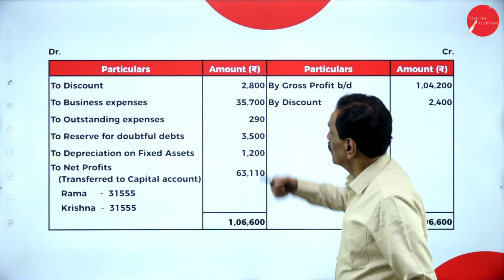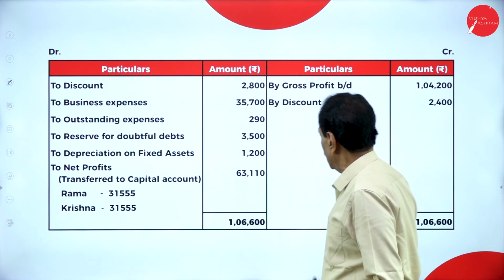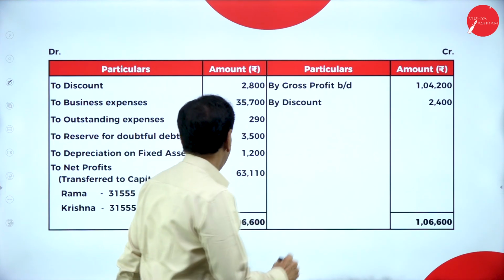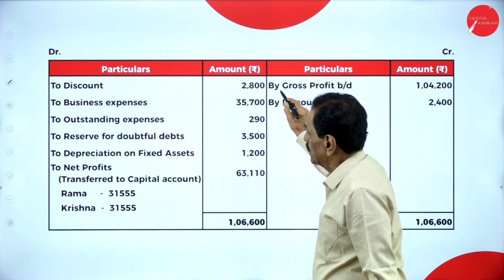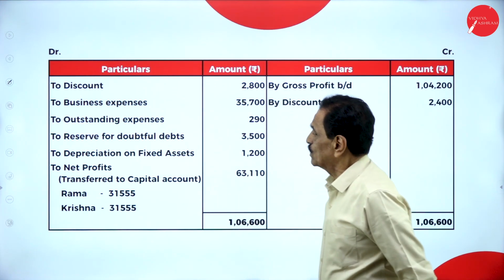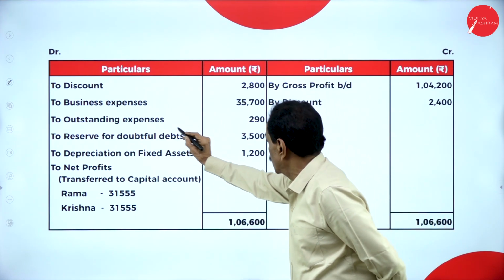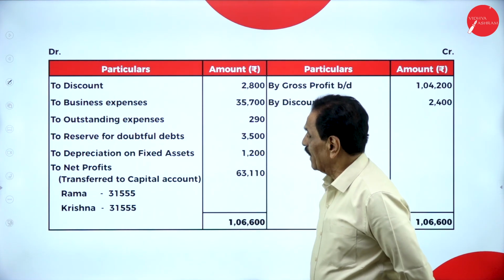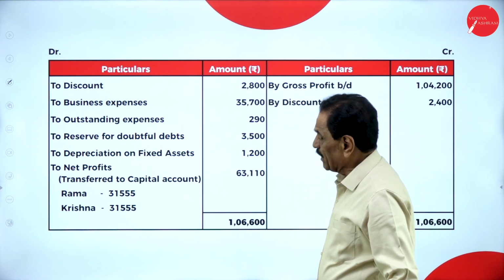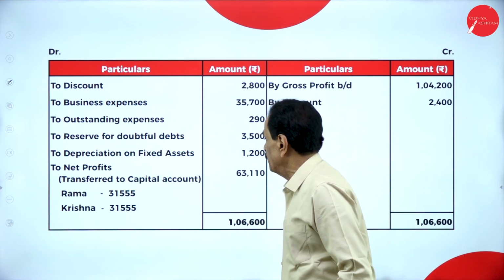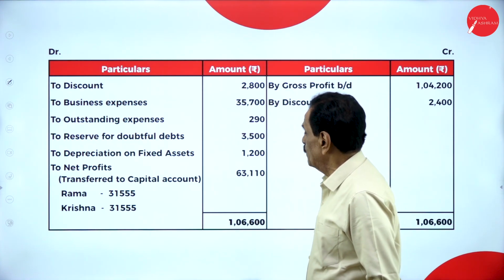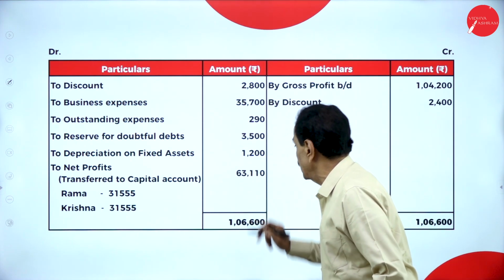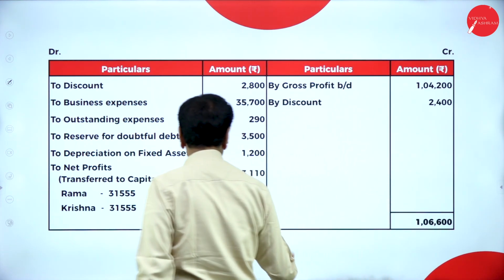Then we move on to the profit and loss account. By gross profit brought down 1,04,200. By discount received 2,400. To discount allowed 2,800. To business expenses 35,700. To outstanding expenses 290, it is in the adjustment. Reserve for doubtful debts is 5% on debtor. Your debtor is about 70,000. 5% of this is 3,500. Depreciation on fixed asset. Your fixed asset is 6,000. 20% on this is 1,200. The difference will work out